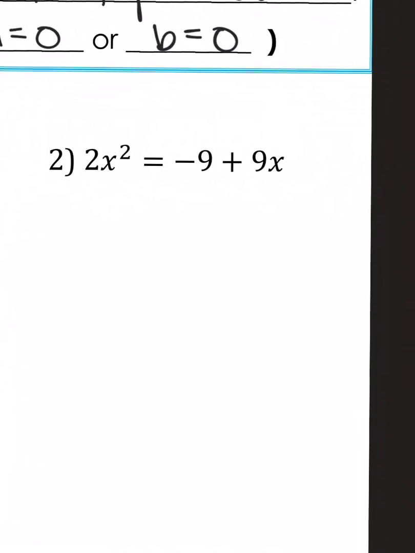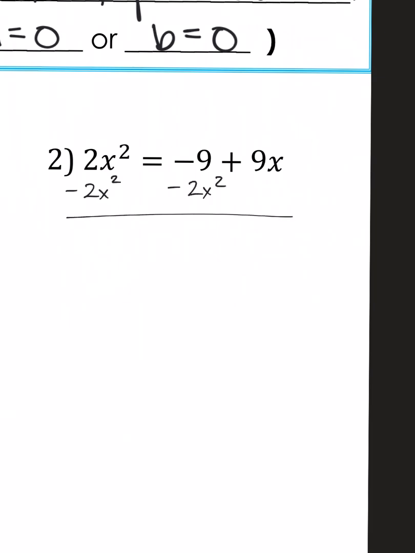So in our second example over here, this equation is not equal to 0. So I need to make it equal 0. So I'm going to move my 2x squared term so it's on the right side of my equation, so I get a 0 over here on the left. So I'm going to subtract 2x squared on both sides. What happens here is that my 2x squareds are going to cancel out, and I get 0 equals,